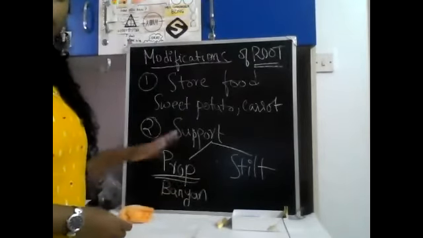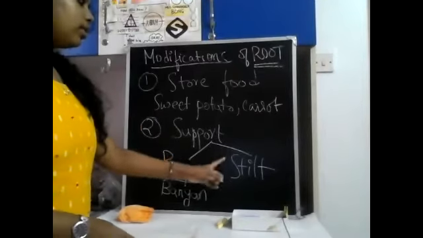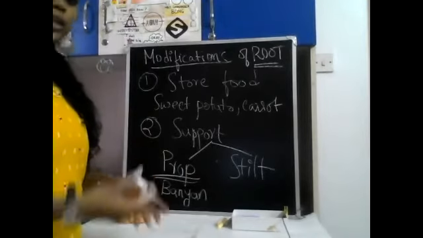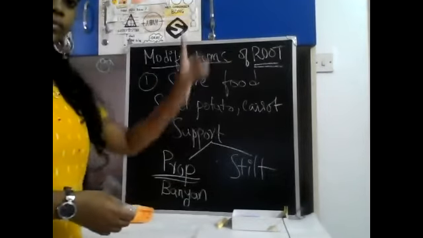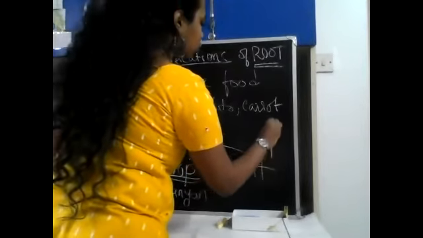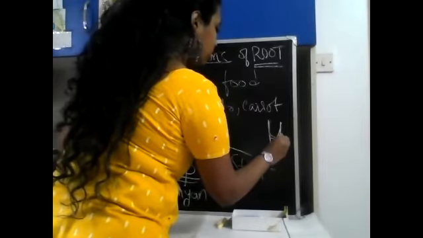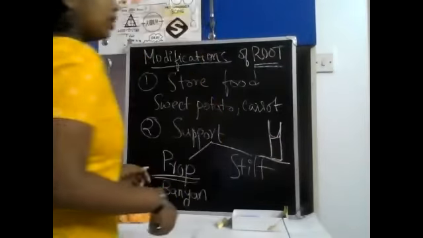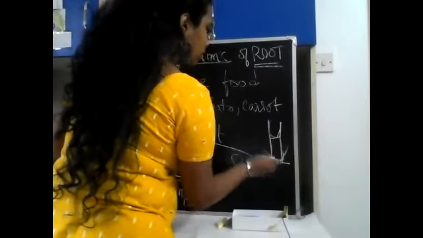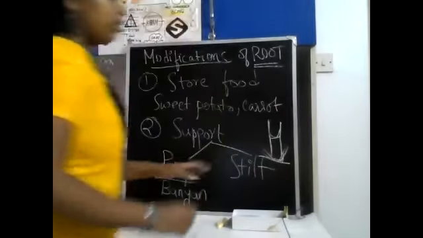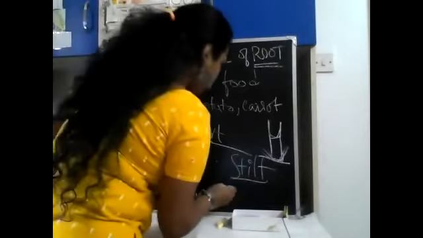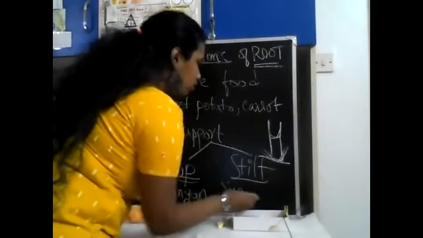And when we come to stilt root, they are basically something that arises from the base. Here it arises from anywhere but the base, right? But stilt roots are those roots which arise from the base, but they don't grow downwards, they grow upwards. They grow like this, okay? So, for example, if you look at a sugar cane, imagine this is a sugar cane, the stilt roots grow like this. And this is to provide more support. Okay, so example over here is sugarcane.